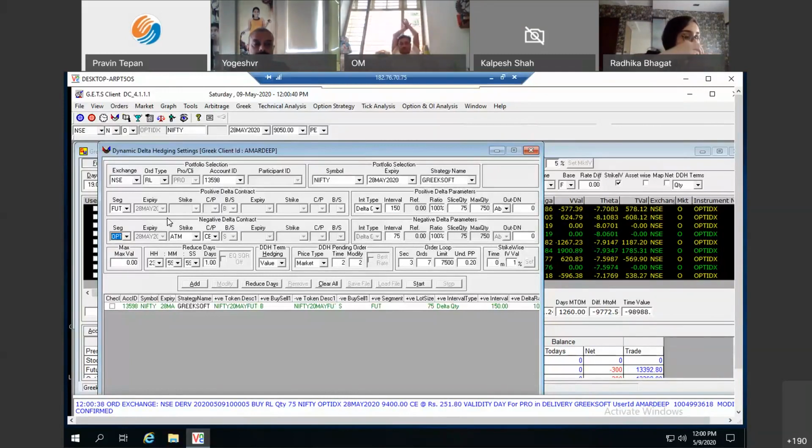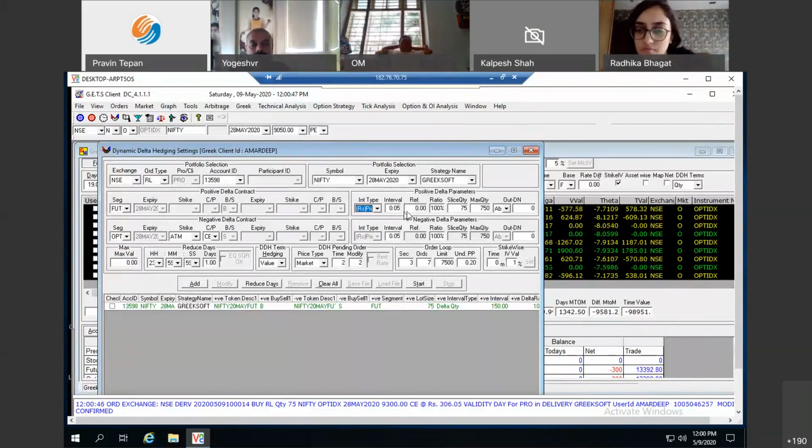Moving ahead, so this was delta quantity. I can do it price wise as well. So I tell the system, you know what, as of now, I need to give a reference price, a start point. So I tell the system, as of now, the price is 94.50. From here, if the market moves, say 50 points up or down, or say 30 points up or down, then whatever the new delta is generated, I want to hedge it through future or options or synthetic. So I can do that.